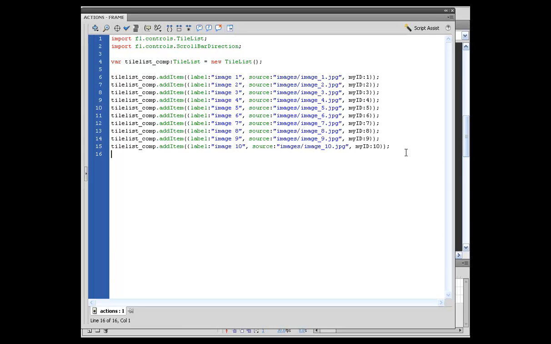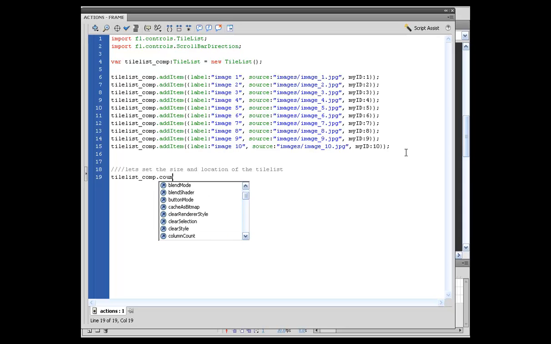All right, so once we get that done, what we can do is basically set up the parameters of the tile list. Let's start this off by saying tileList_comp.columnWidth = 250; tileList_comp.rowHeight = 150;